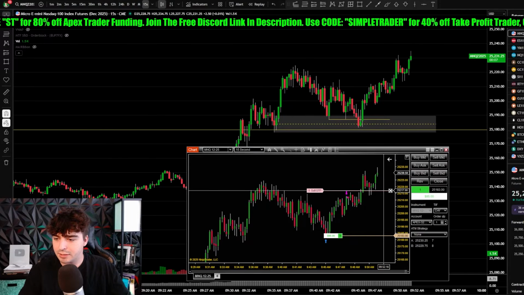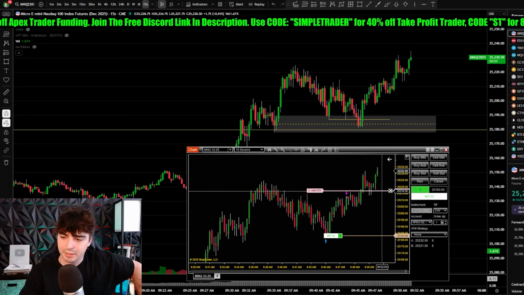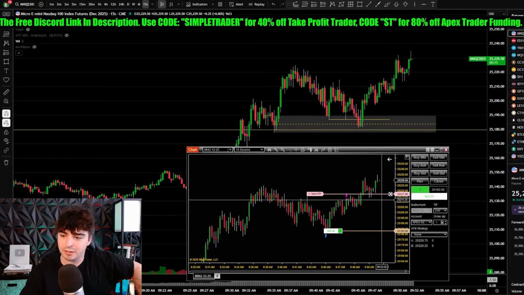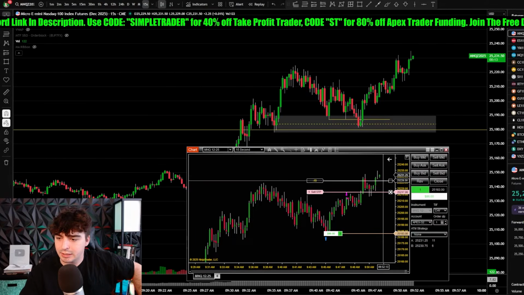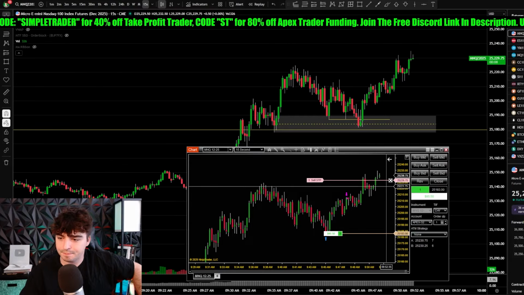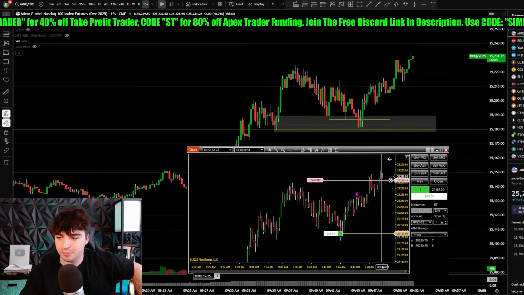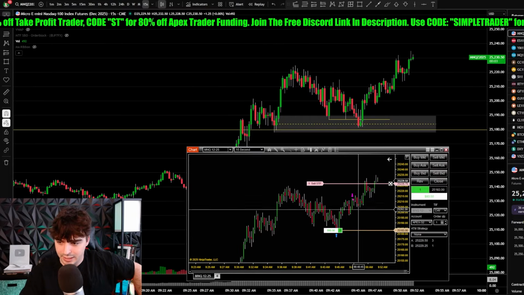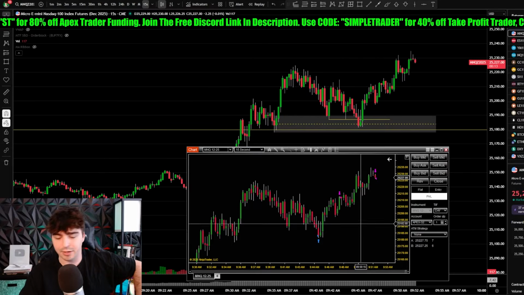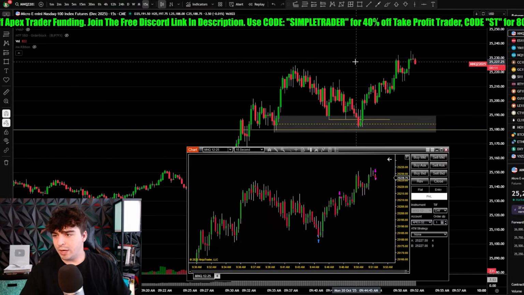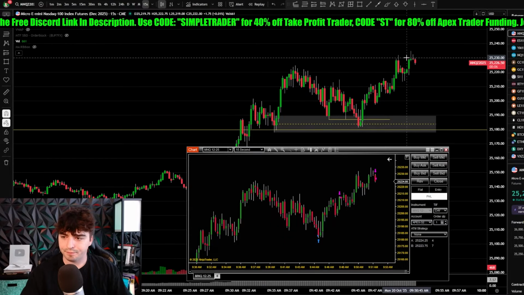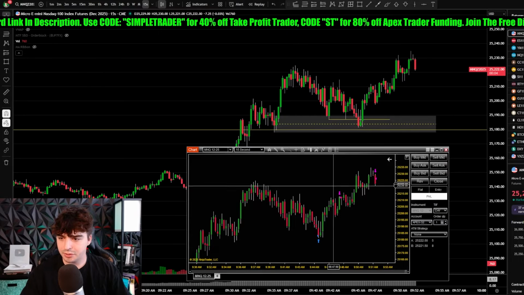Actually, I've made that mistake so many times: trailing before the candle actually closes, and then it tags my trailing stop and then shoots off like a rocket. So I'll wait a little bit for the candle to close. Now I'll start trailing. Probably going to take me out here, but that's the whole point. It's kind of just ready to get out of the trade, but if it wants to go higher, then I won't miss it. Okay, there we go. So we started to turn around there at around 230, 25, 230. But that is a full target trade.